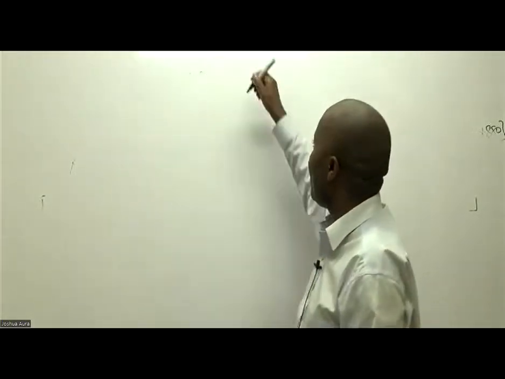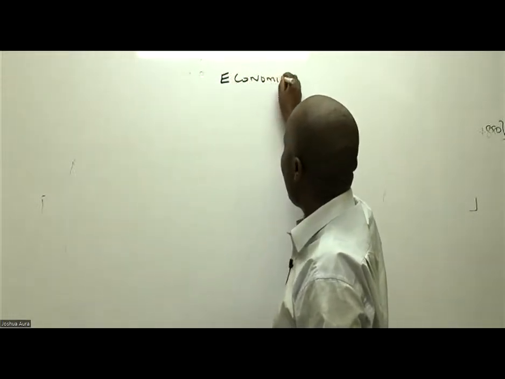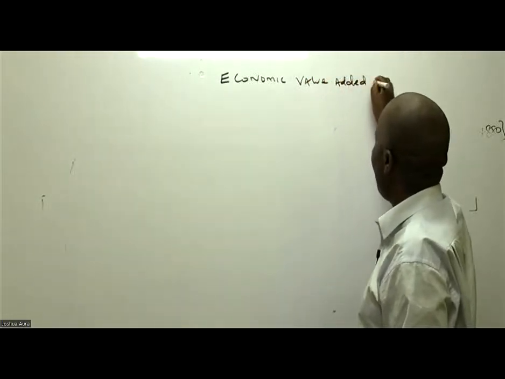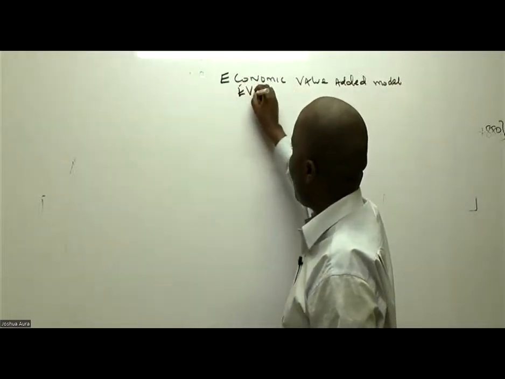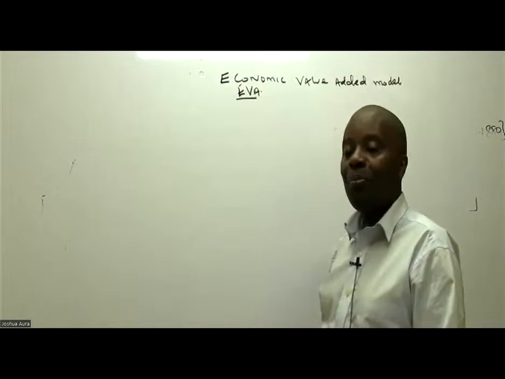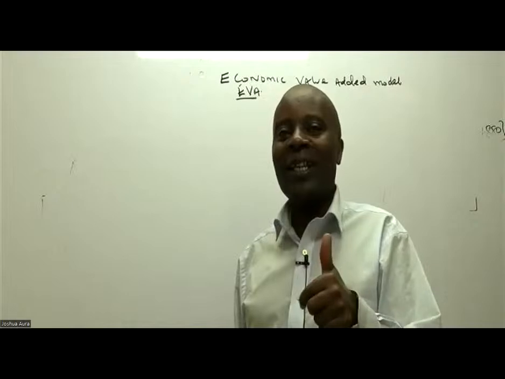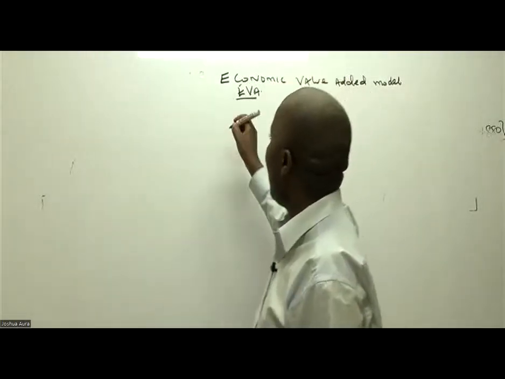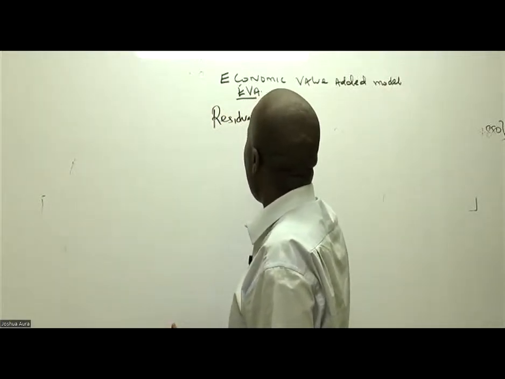Ladies and gentlemen, we are doing what we call the economic value added model, EVA, very popularly known as EVA. Remember, EVA borrows heavily from where? From residual income. So we cannot start this EVA model without you telling me: